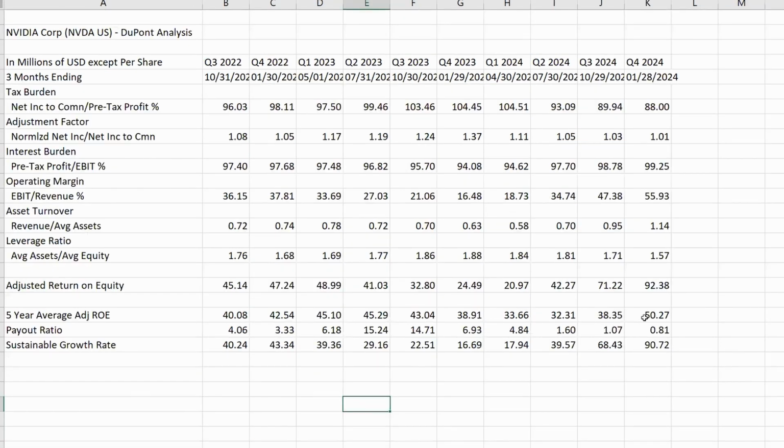One thing I am going to really point out here is the sustainable growth rate for the end of the year. If they were to utilize all of their resources, they can grow and almost double going into the end of the year, which is amazing, showing how efficient and dynamic the company is. Now, the final part of this NVIDIA conclusion is,